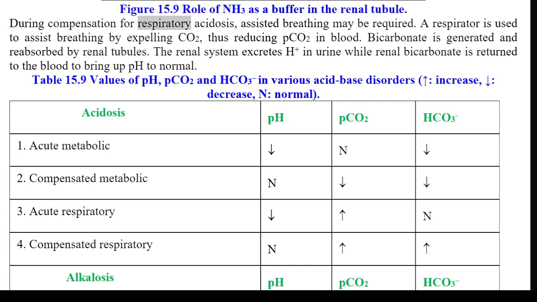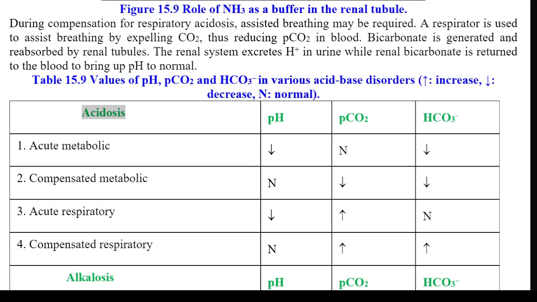During compensation for respiratory acidosis, assisted breathing may be required. A respirator is used to assist breathing by expelling CO2, thus reducing PCO2 in blood. Bicarbonate is generated and reabsorbed by renal tubules. The renal system excretes H+ in urine while renal bicarbonate is returned to the blood to bring pH to normal. Table 15.9 Values of pH, PCO2 and HCO3 in various acid-base disorders, upward arrow, increase, downward arrow, decrease, N,